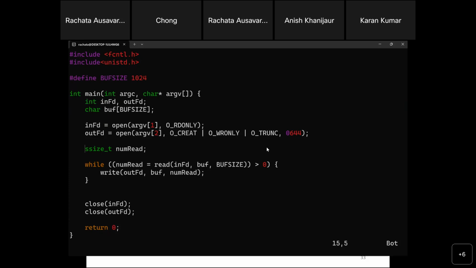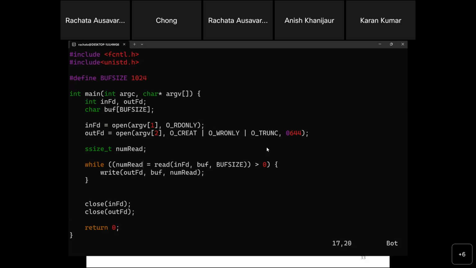Then numRead is basically the number of bytes that we're reading. size_t is the size usually in bytes, like 1 byte, 2 bytes, 3 bytes. ssize_t is the signed version of that. It has positive and negative numbers.